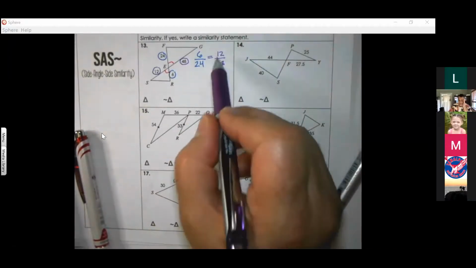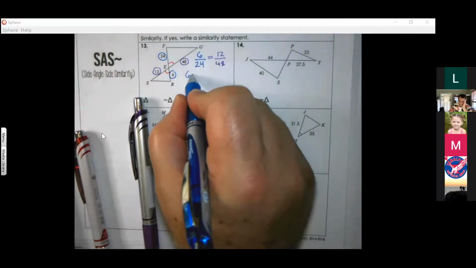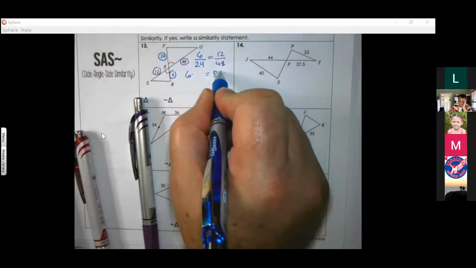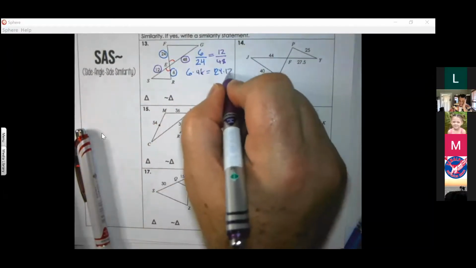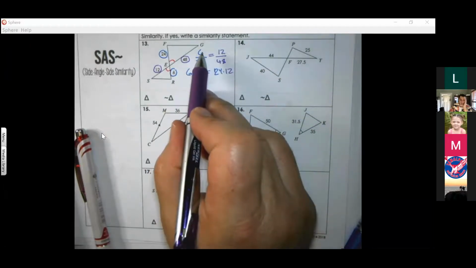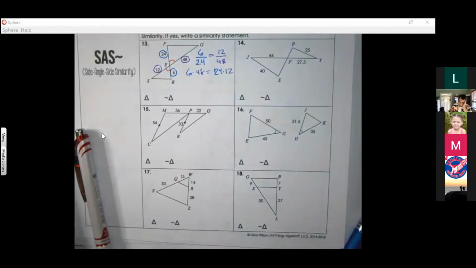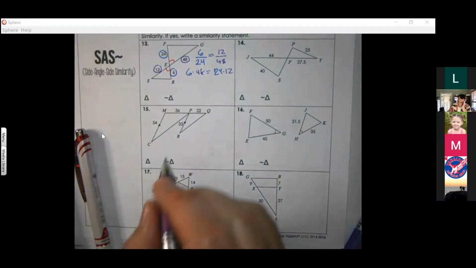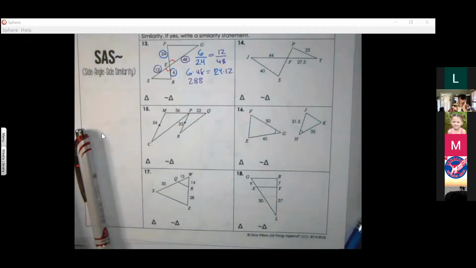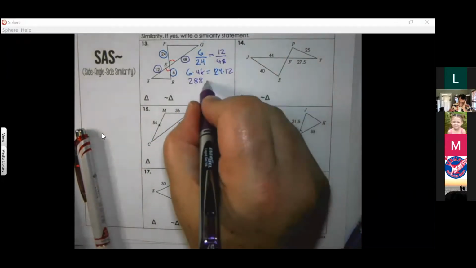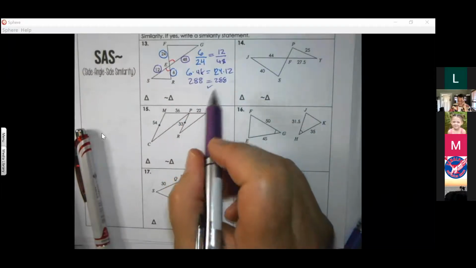So these are both less than 1 because the denominator is bigger, and that allows me to do cross multiplying. 6 times 48 equals 24 times 12. And again, we can see this one's going to work because 6 is doubled, 24 is doubled. So 6 times 48 is 288. 24 times 12 is also 288. And that validates,